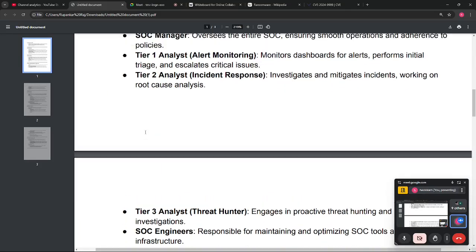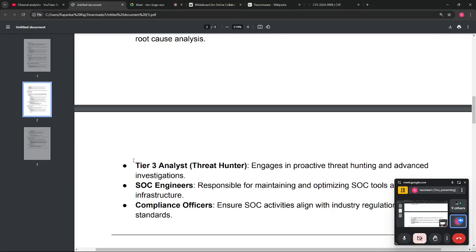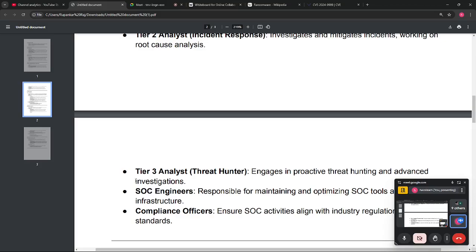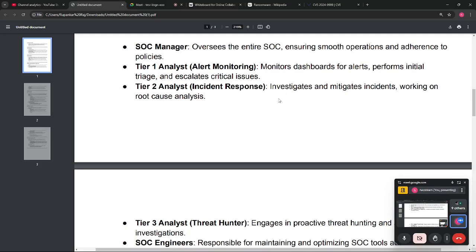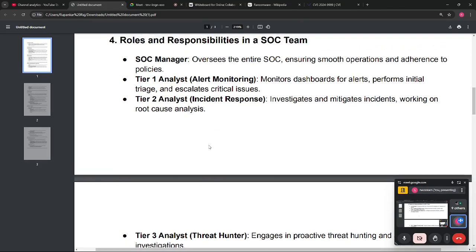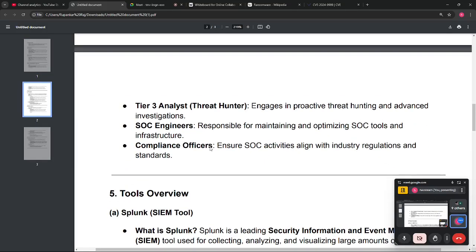If you join as a beginner, you might not get tier 3, SOC engineer or compliance officer. You might not get all these three roles, but you might be lying in between them. So you need to prepare for all of this, but they will not give you such responsibility as a fresher, because when you join as a SOC analyst, you handle their crores of rupees worth of servers, and they will not give them to any new or inexperienced person. So this is also a catch here.